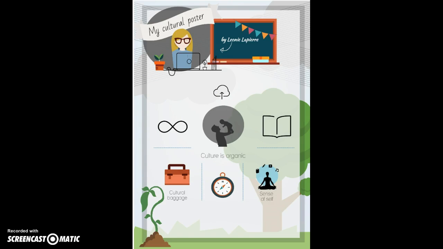Now, for the second question, which is, what do you believe is the teacher's role in the student's cultural development? I'll just go ahead and say that as future teachers, and especially as English teachers, I think we have the privilege to have access to a lot of cultural baggage, and by that I mean that most of us share great interest in literature, television series, movies, music, sports, video games. I mean, there are just so many ways for us to involve cultural aspects on a daily basis